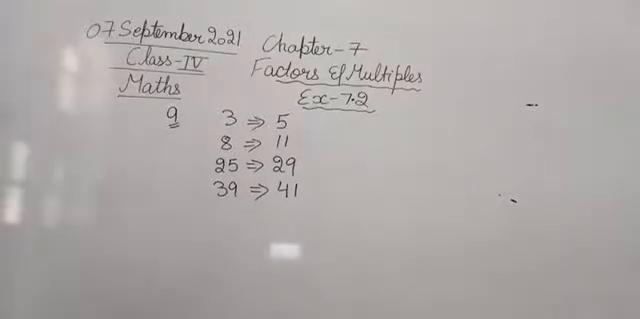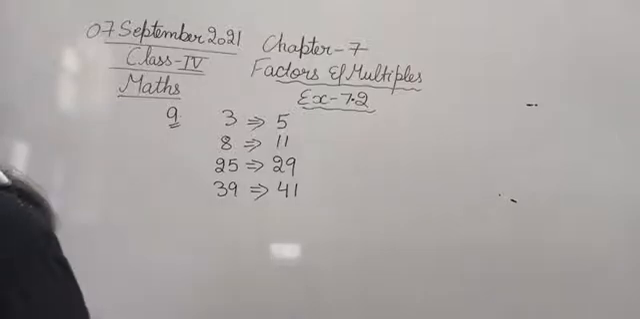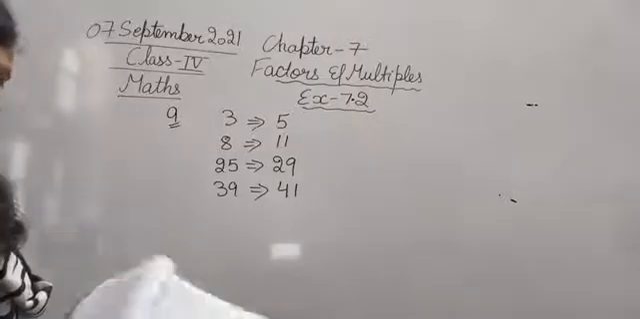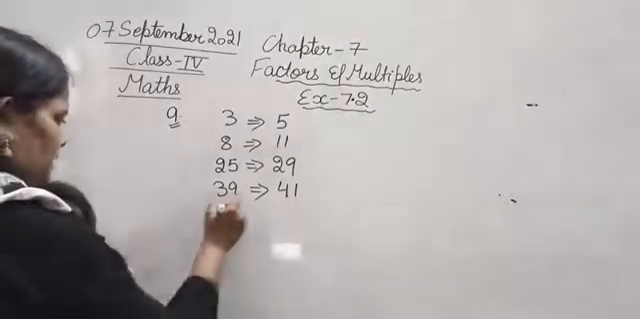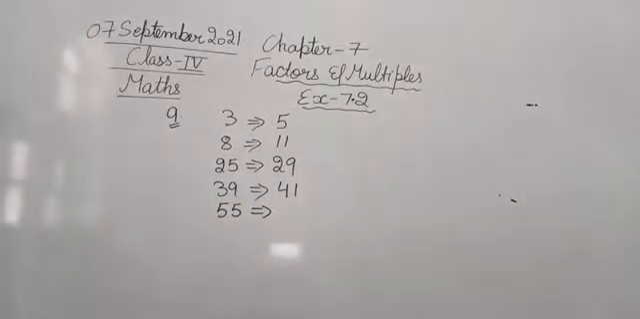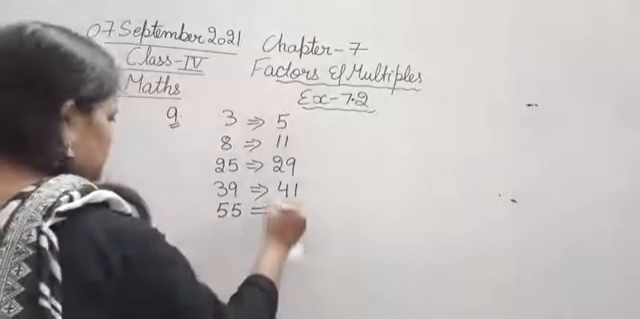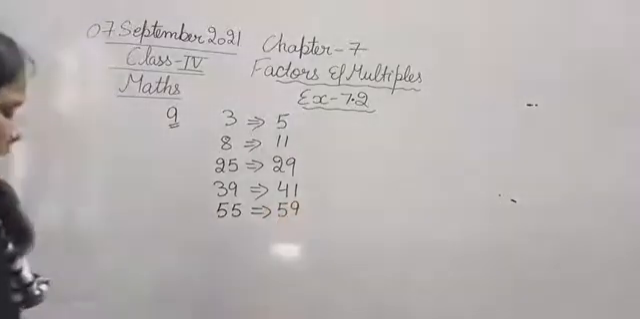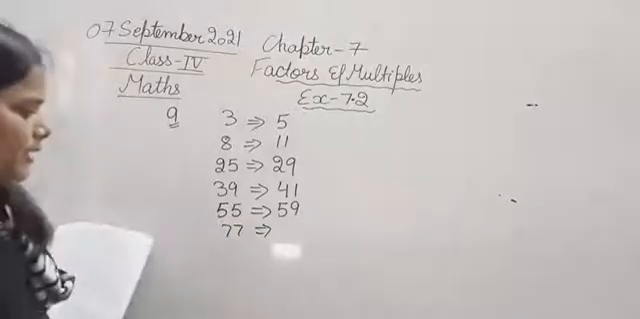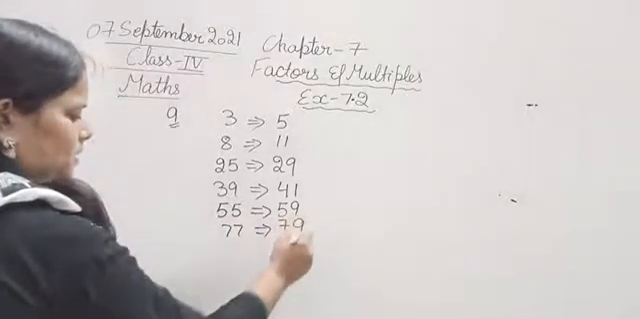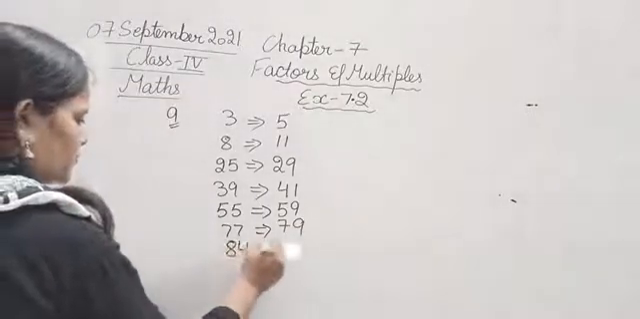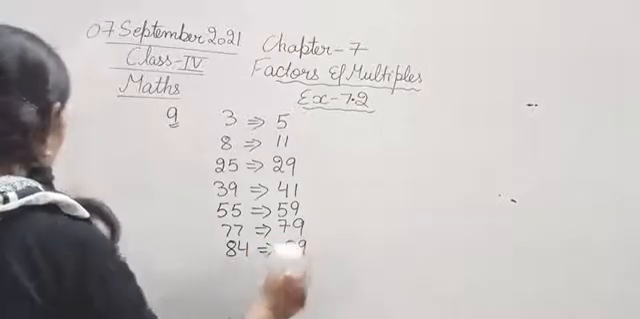After this, the next is 55. I'll just write the question first. So after 55, what will be the next prime number? That is 59. And after 77, the next prime number will be 79. Next 84, that will be 89, and after